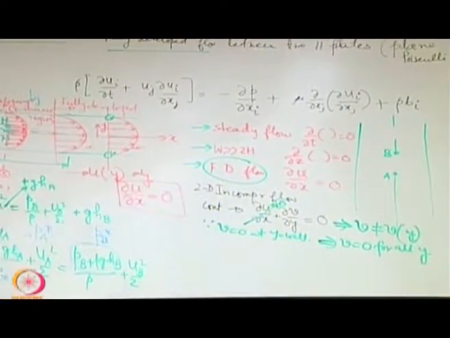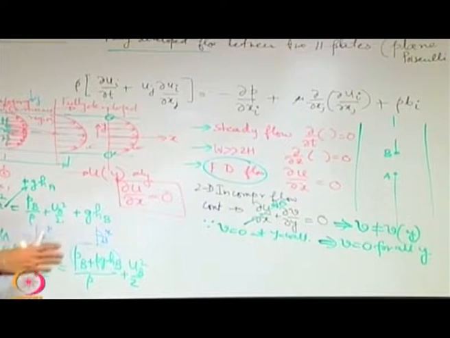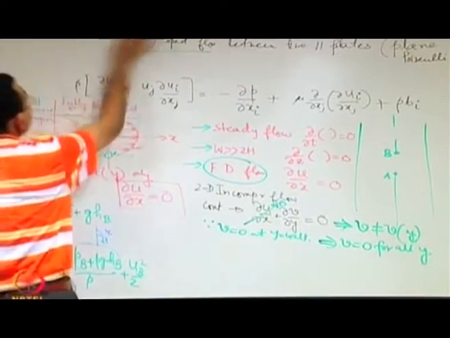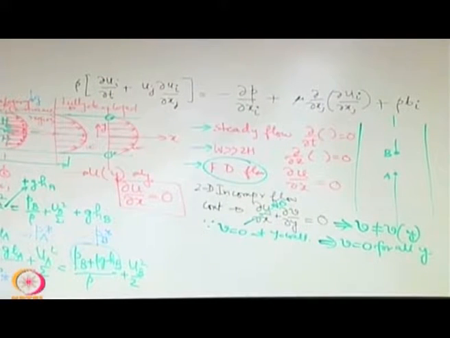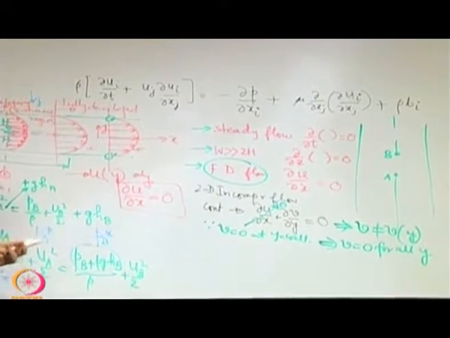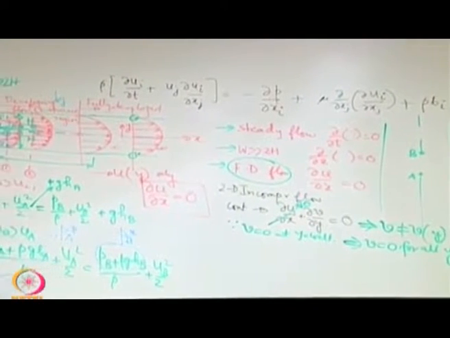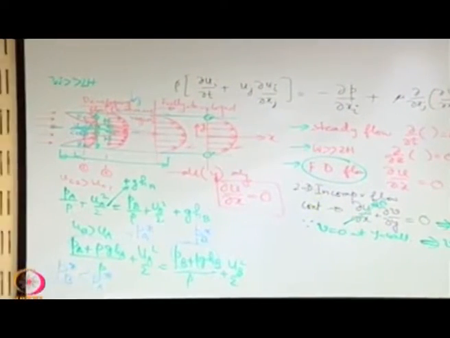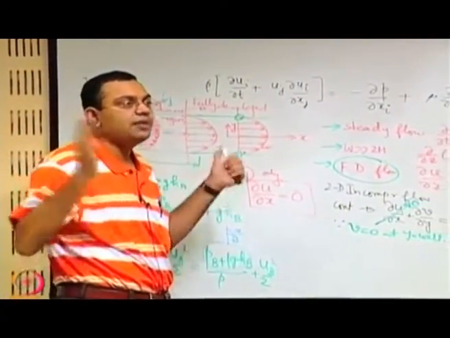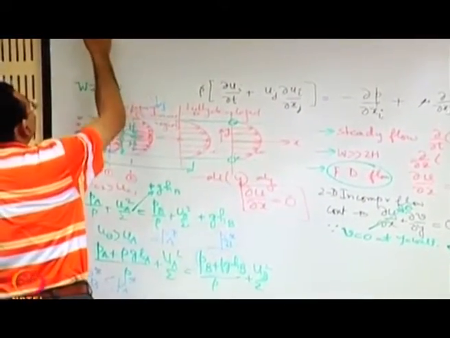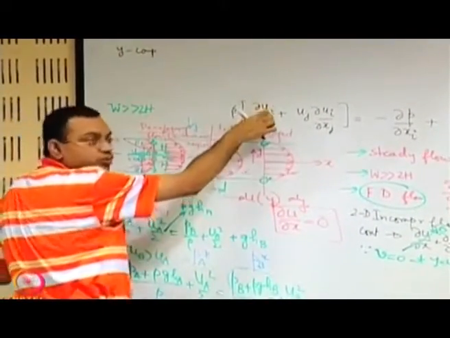So, when V is equal to 0, then basically you are having to deal with only one velocity component, that is u. Now, keeping that in mind, let us write the momentum equations or the Navier-Stokes equation. So, we have the Navier-Stokes equation written in Cartesian index notation. Let us write it for the x and y components. For convenience, we will first write the y component, because it will nullify many effects. So, let us write the y component. Y component means i equal to 2.